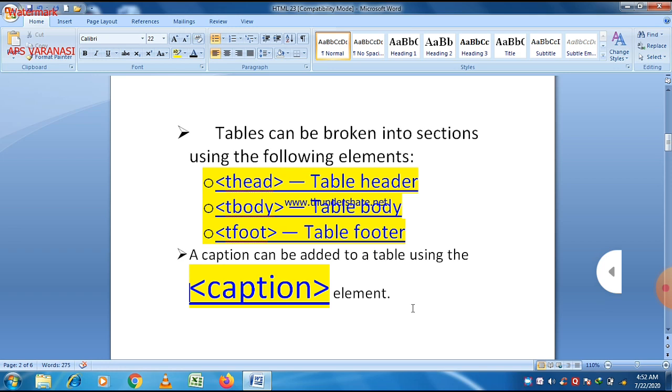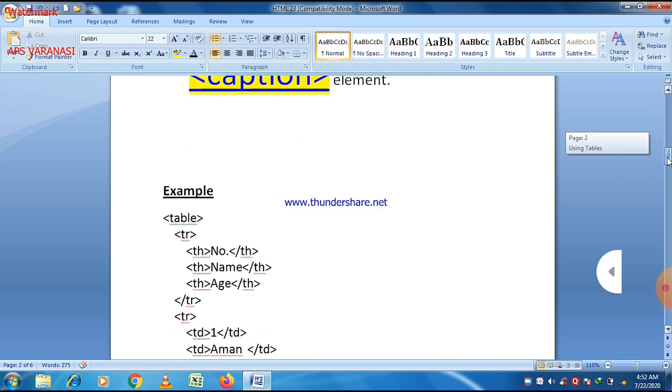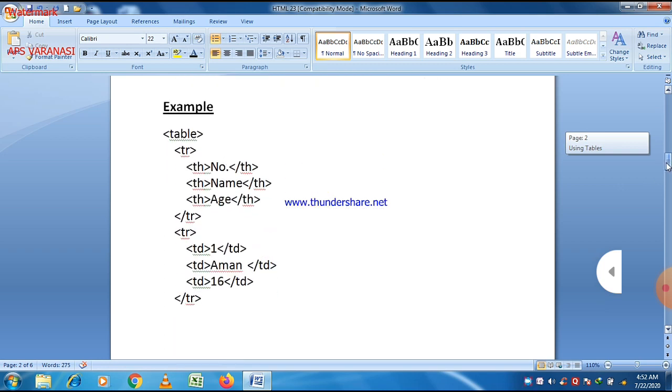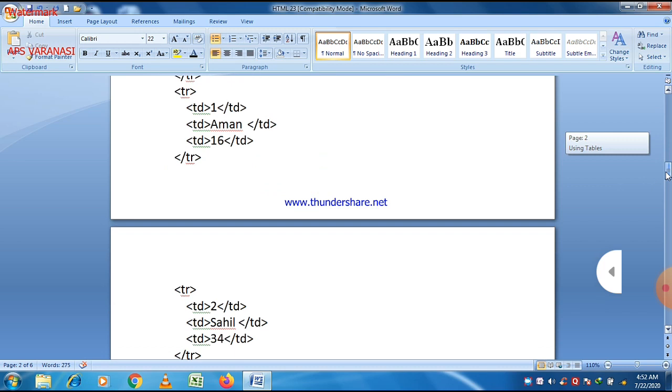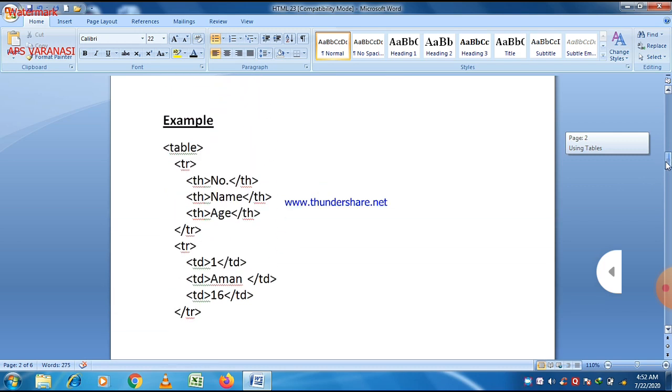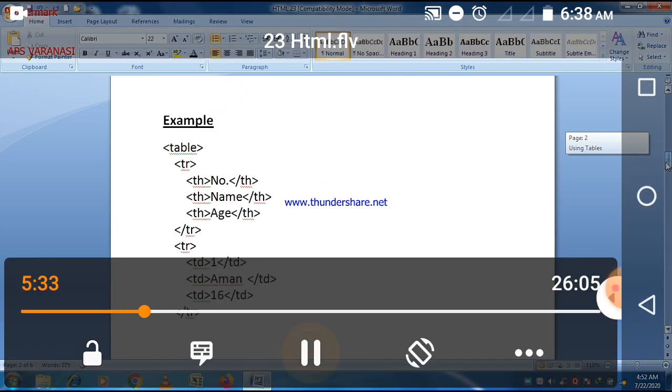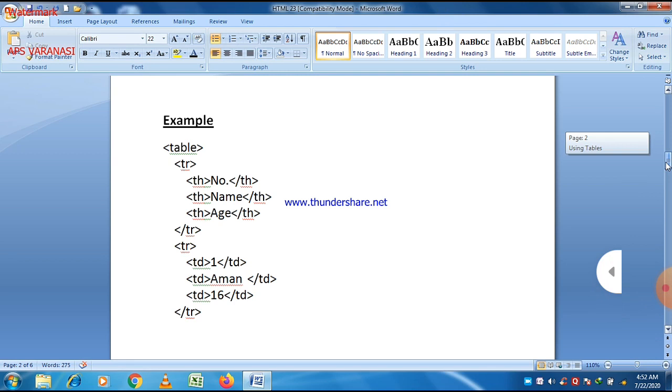So these are the different tags here. I again repeat it. First of all, we use the table tag, and after that, if we want to put any title, then we use the caption tag here. And within the table tag, if we want to divide the table into three different sections, then T head, T body, and T foot tags are used.